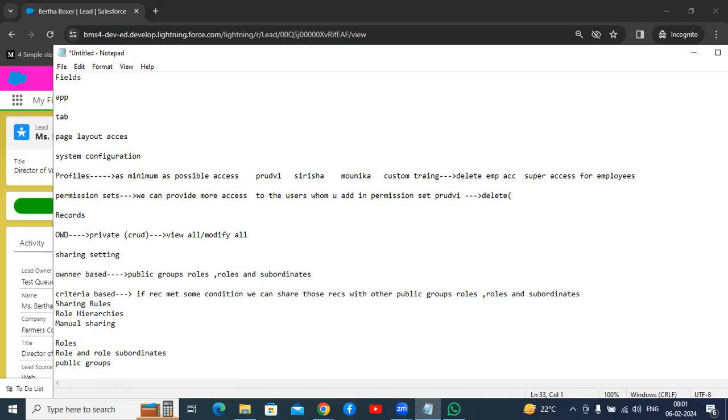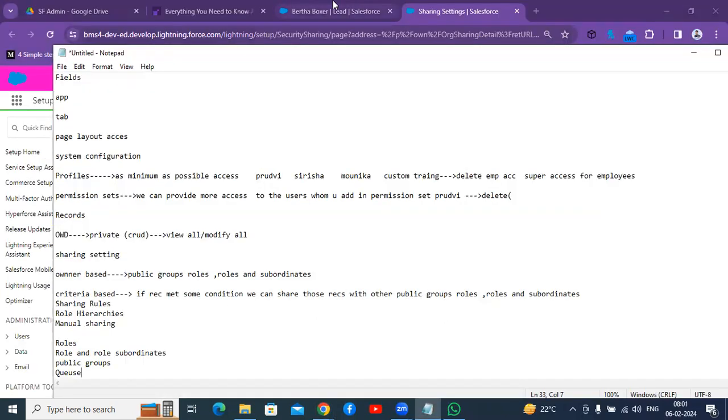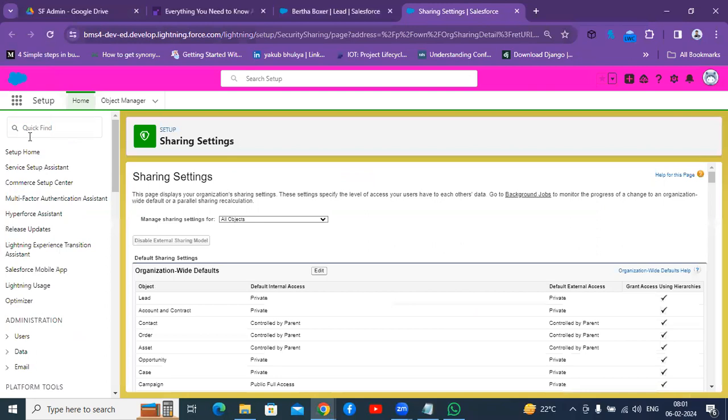Public groups, queues. So whether the user is available in a queue or not, we have to check by going to queues. Whereas whether the user is present in some permission set or not, let's suppose if you want to check some user's accessibility, what you can do is go to setup and go to users.